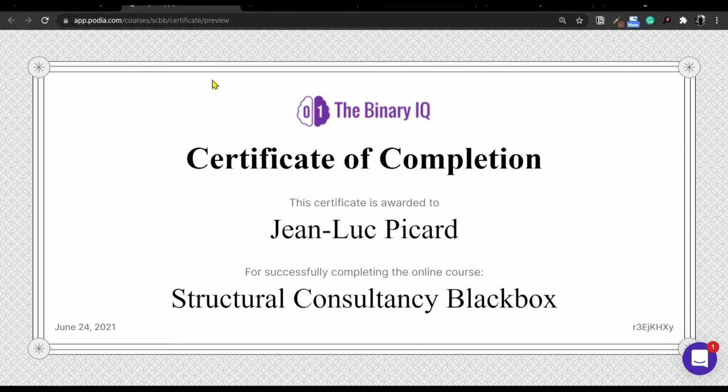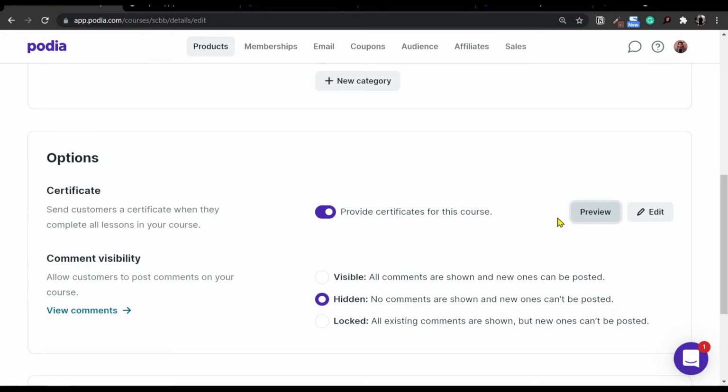Giving a certificate at the end provides some kind of an accomplishment to anyone who's taking your online course. Although this is a very small thing to have, this is a great way of creating a community, creating some kind of brand awareness, creating some kind of trust and achievement in the mind of anyone who takes up your course and finishes it at the end. So let's go back and let's edit it.